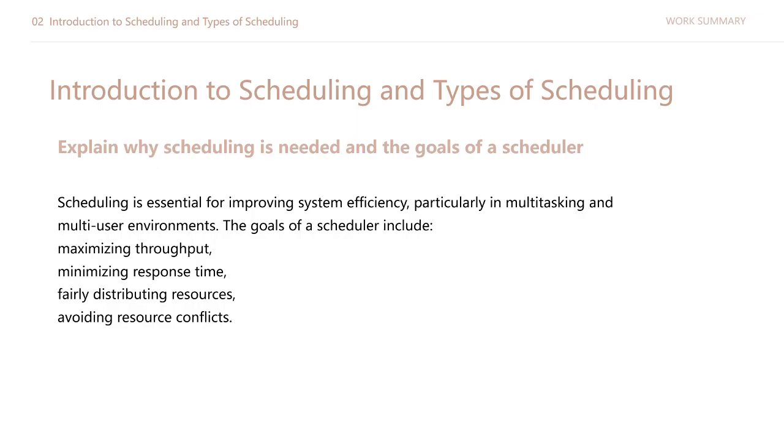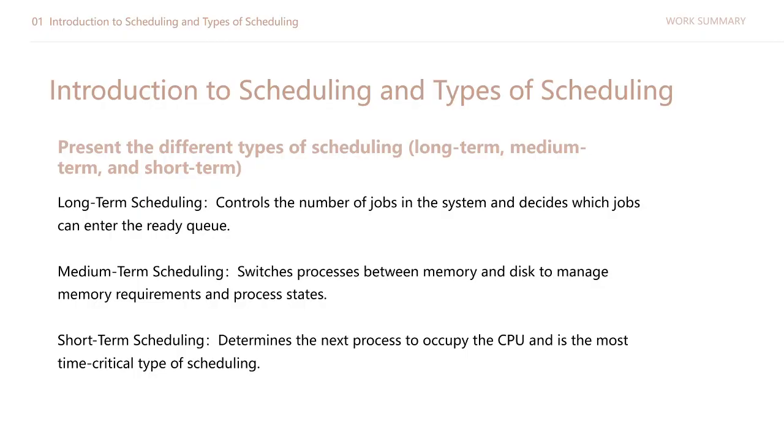And then is to explain why scheduling is needed and the goals of a scheduler. Its goals include maximizing throughput, minimizing response time, fairly distributing resources, avoiding resource conflicts,